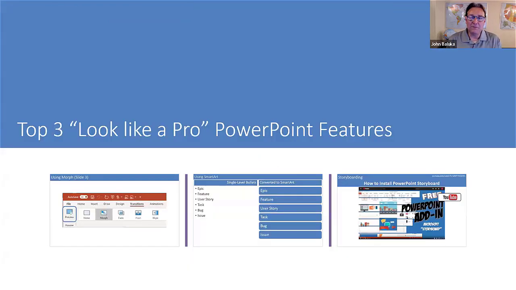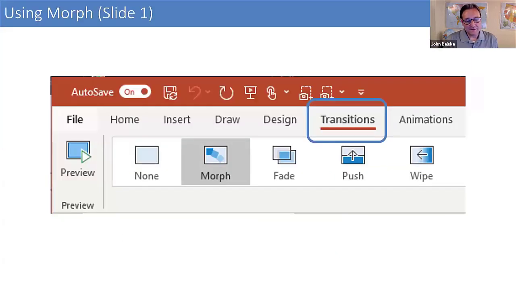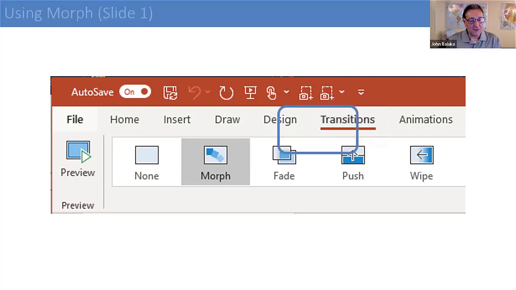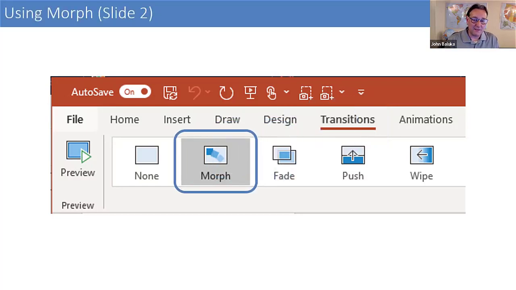So, some look like a pro features. Now, Morph is a feature that's probably getting more and more abused by people, but it's an awesome tool to look like a pro. For example, you have this slide, we've got a box drawn around it. If I'm trying to say how to select Morph, I would take this slide, copy paste it to a new slide, and just by moving that blue box manually over to Morph, it automatically does that Morph